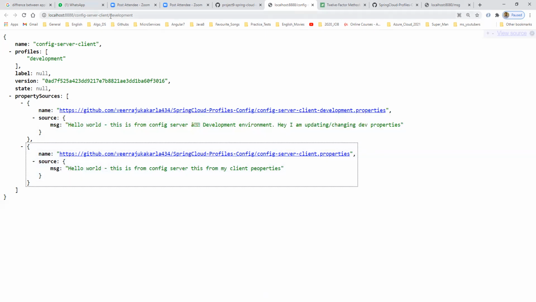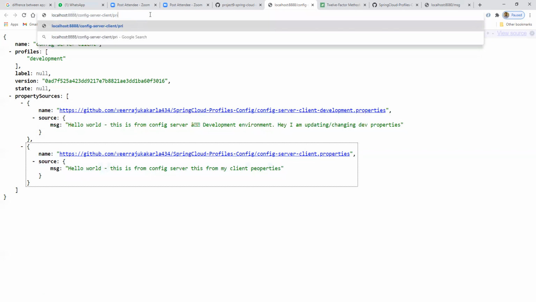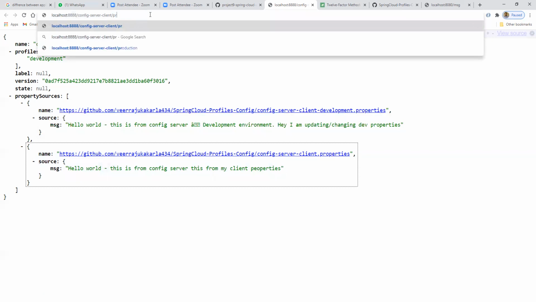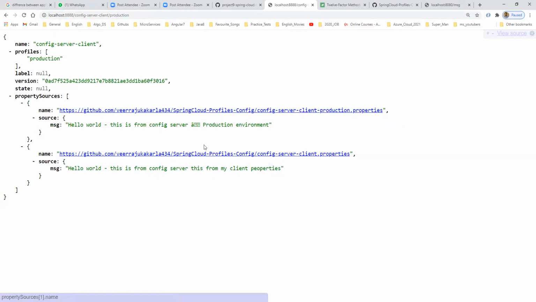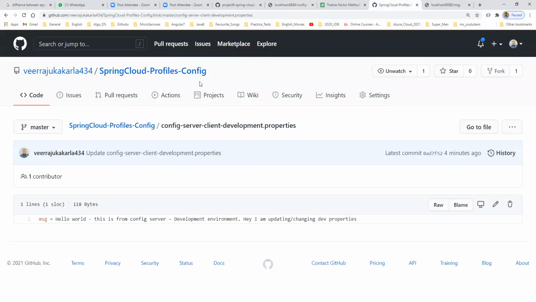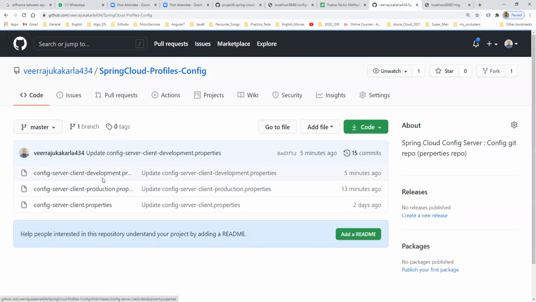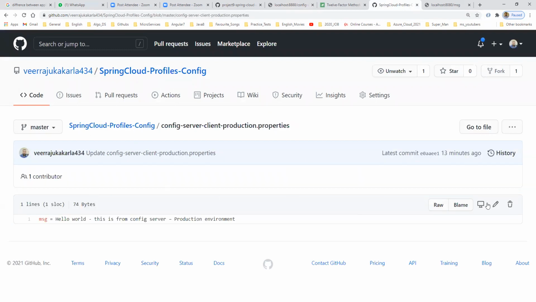So let me check the production environment. Production environment, fine. I think production may not change. Let me change it here. I think production will change or not, we need to check. Why? Because we are loading the development property only, right?